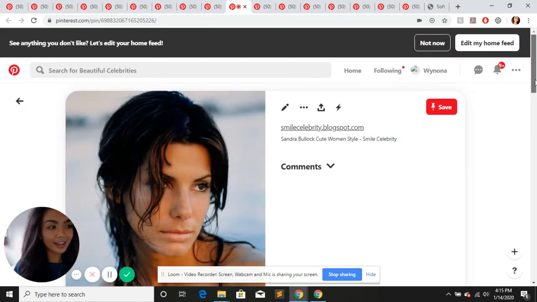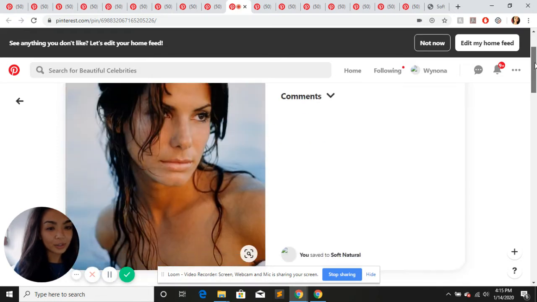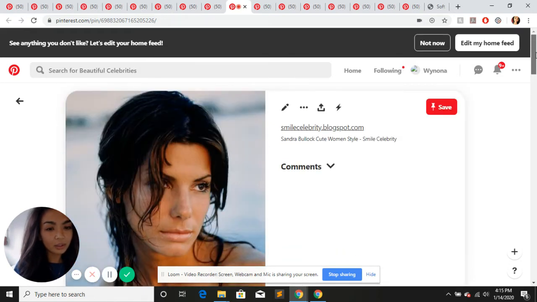Again, here's another shot of Sandra with wonderful soft natural hair. I really just want to bring this home. Soft naturals just look great with that messy, carefree, tousled hair. Like they don't do anything to it, but it's just naturally interesting and it just naturally falls around their face,